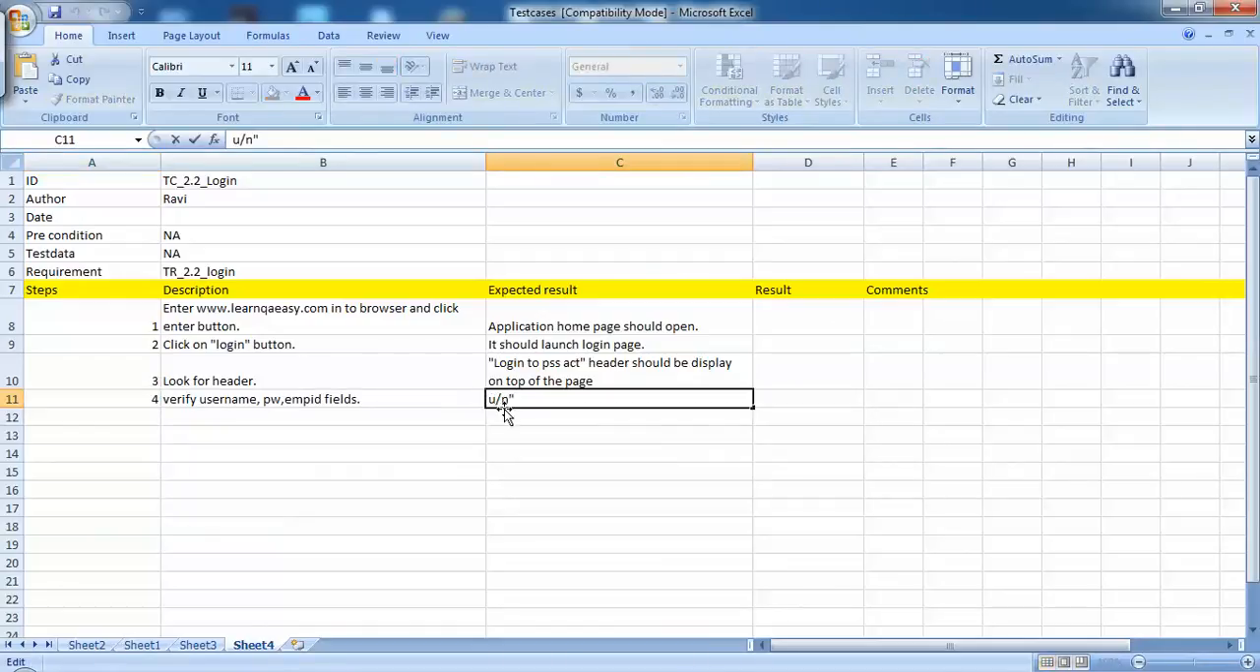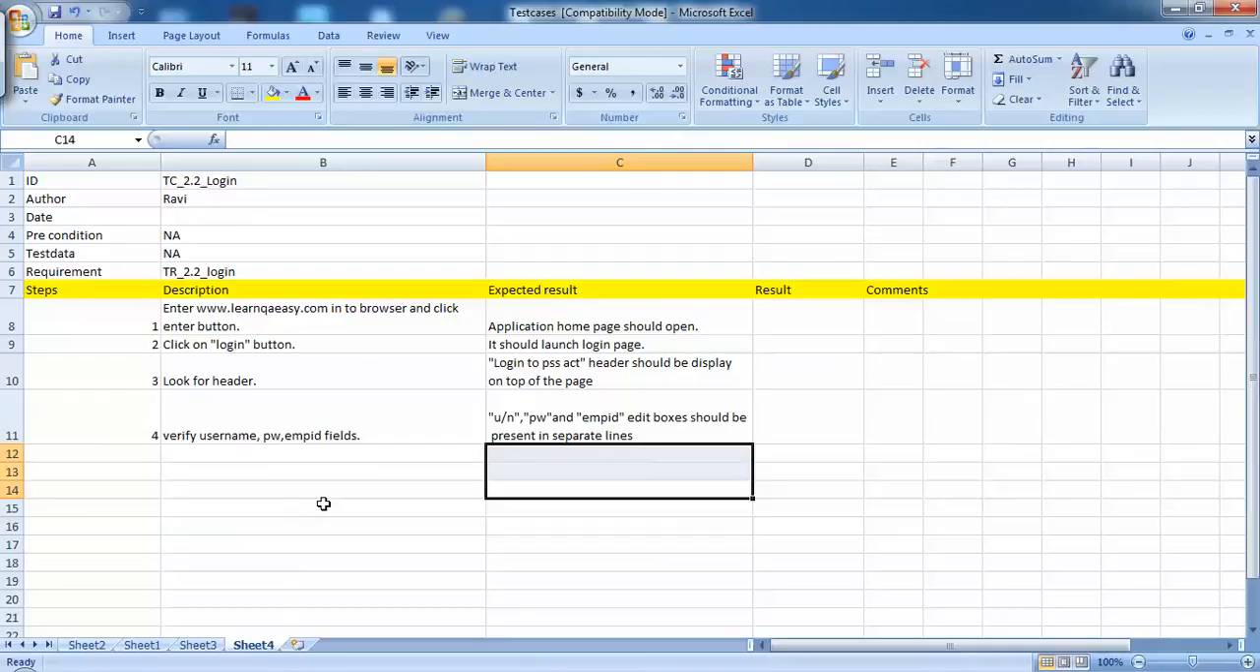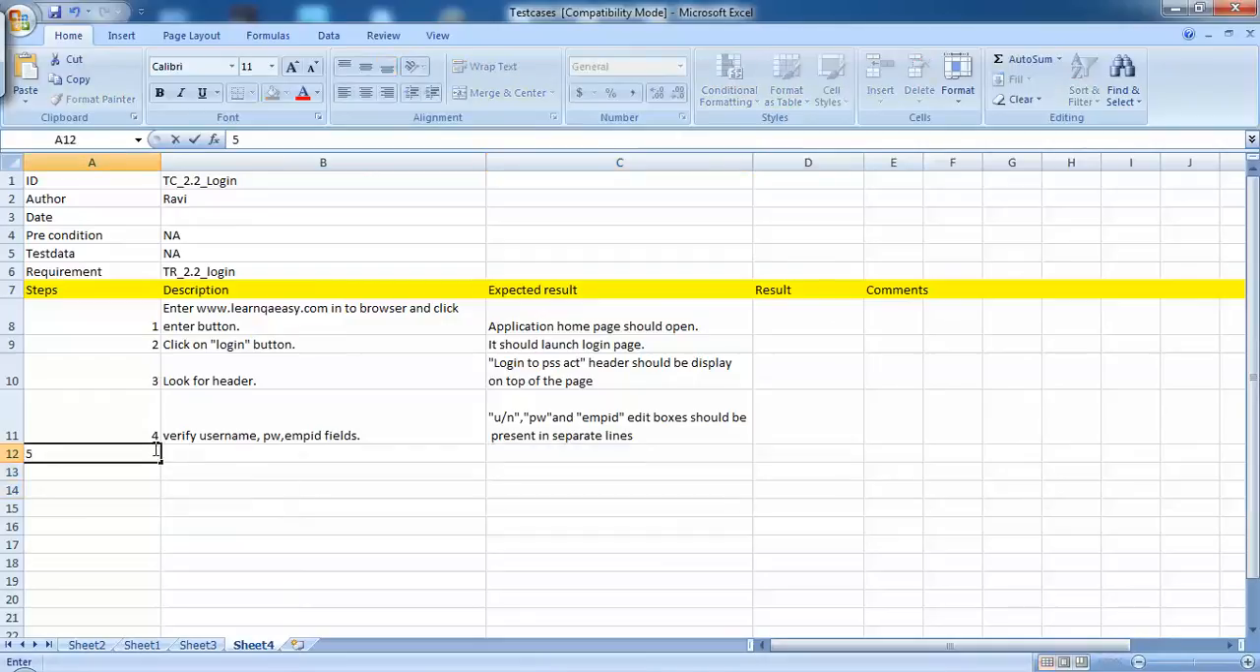Username, password, and employee ID. Edit boxes should be present in separate lines. As per requirement, you need to verify the positions also, right? So separate lines. Then fifth step is